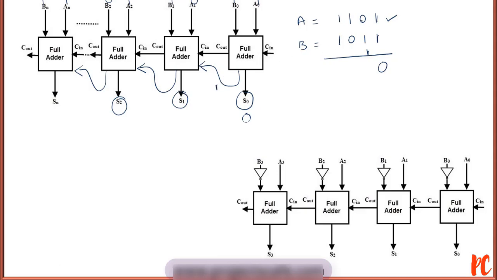Again with respect to this 0, 1, which will give a result of 1, to which again 1 is added. This will result in 0 again with a carry 1. So a 0 is generated and a carry is propagated to the next stage. Similarly again 1, 0, 1, 1, 1, 0 with a carry 1 is generated. So again a sum of 0 and a carry of 1 is propagated to the next stage. Finally, since all the inputs are 1, this will declare a 1 as sum and a carry of 1 is generated. So the sum will be 1 and the carry will be 1.